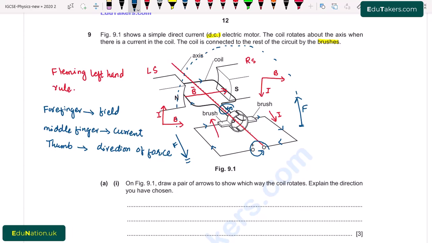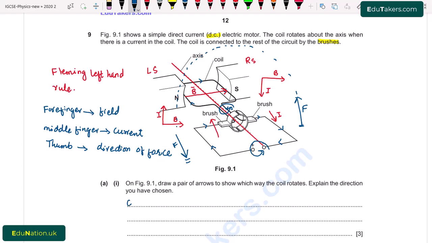So in part 1, on figure 9.1, draw a pair of arrows to show which way the coil rotates. Here we have to show the direction in which the coil rotates. Also explain the direction you have chosen. So I have also explained it. So I write here,